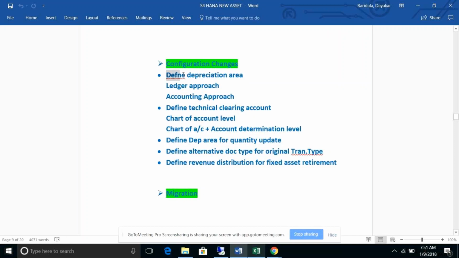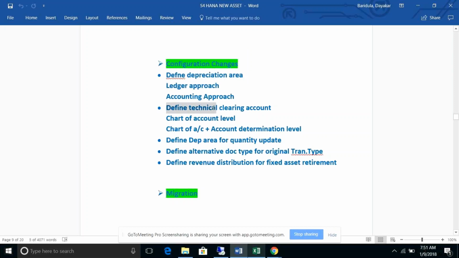This is very important: define depreciation areas for the ledger approach or the accounting approach. SAP recommends going with the ledger approach, because we are going with the usual things, and this will make sense also. The accounting approach is also possible. We will see how these two make a difference.